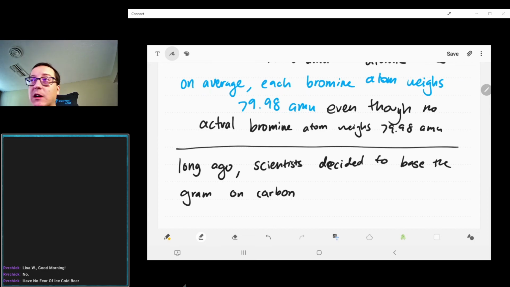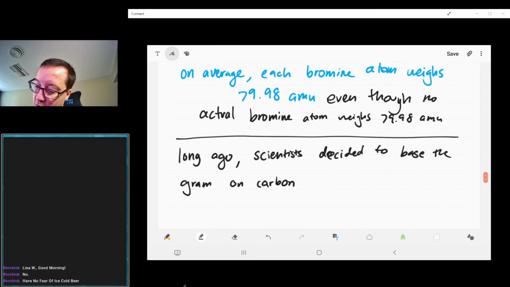So the value of 1 gram, how much do we know 1 gram weighs? They base that off of carbon. So they would be able to say, okay, we can define 1 gram rather than just having some arbitrary unit like the pound, where a pound is just based on someone had standardized a pound. They're going to base a gram off of carbon, where